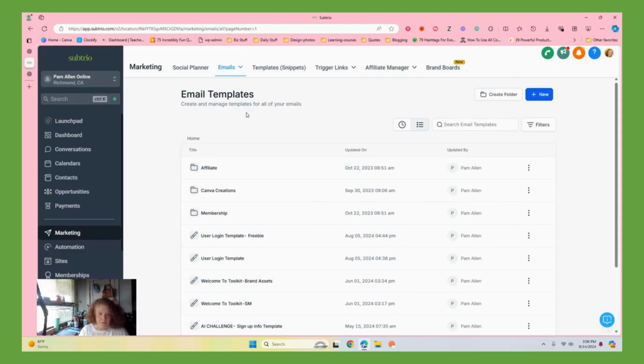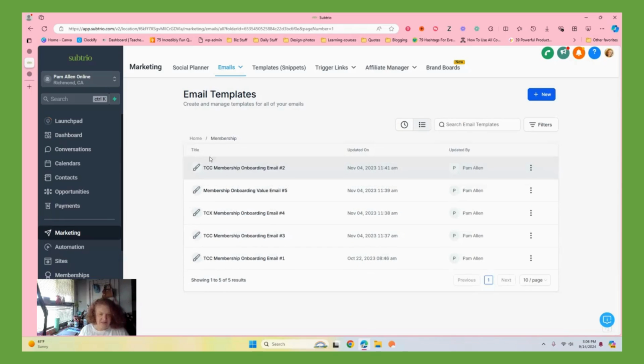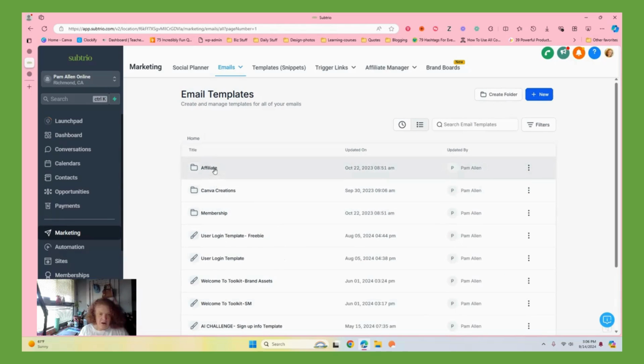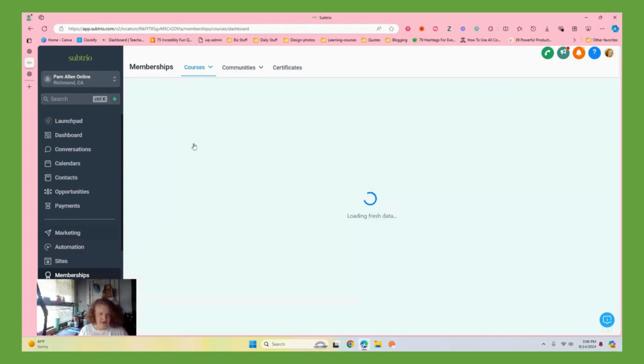And so, yeah, there we go. So I have membership ones. I have affiliates. I don't need these user login templates because emails are already automated with Subtrio Go High Level, and I'll show you where that is as well. Let's see here. Sometimes it's really hard to find where everything is, but that is membership settings,